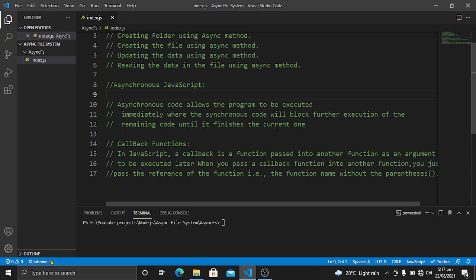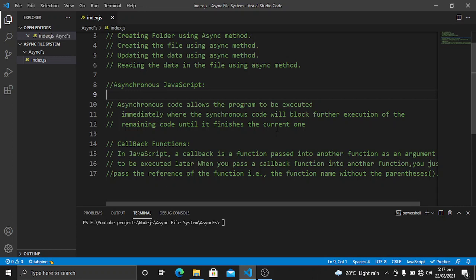So this is the main idea of asynchronous JavaScript. It is a very big topic to cover, so we will cover it in a completely different video and focus on asynchronous JavaScript there.